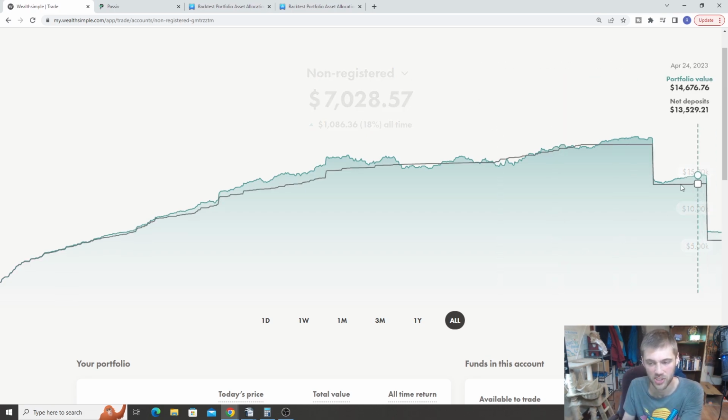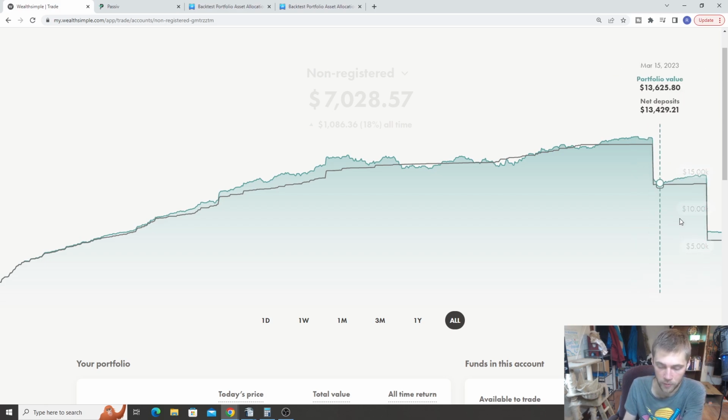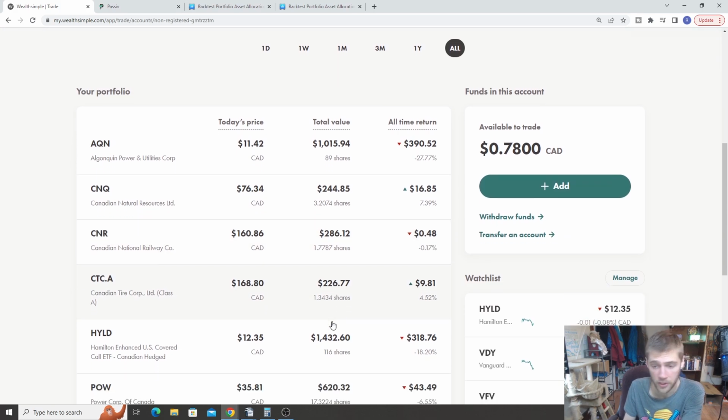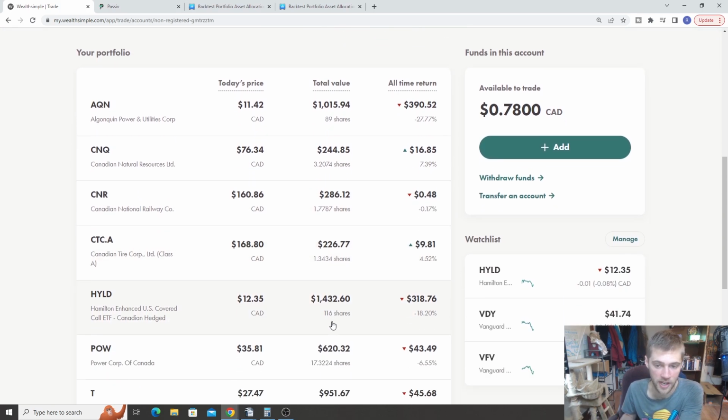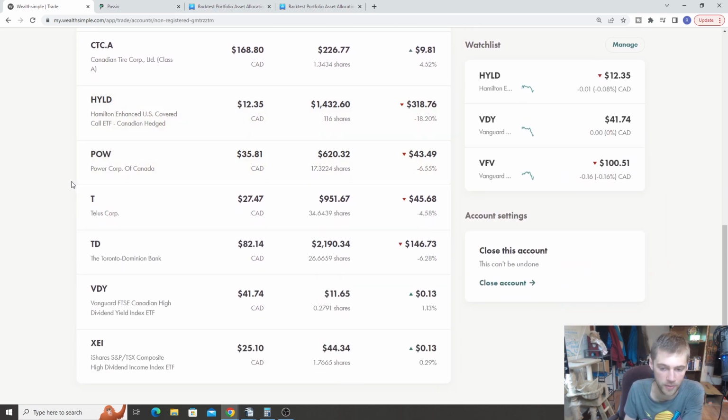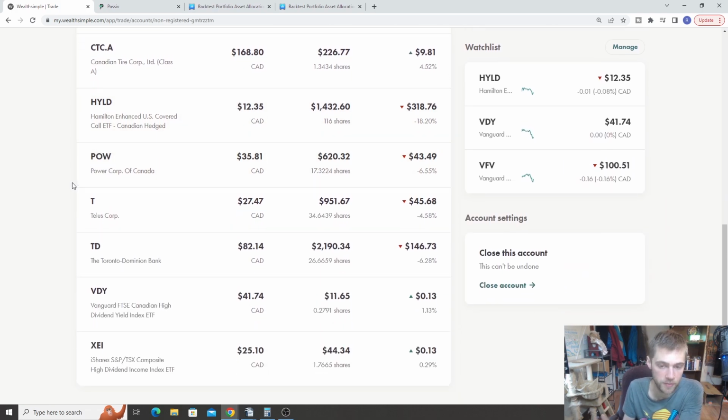We did sell a bunch of stocks, as we see these big drops here kind of happen. This is where I move some of the funds inside my fiance's TFSA, and that's the focus right now. And going into the future, I probably will move some of these inside there as well. I'm just kind of waiting to see what's going to happen with them. I'm not too sure. I'm still kind of deciding which ones I want to keep, which ones I want to get rid of. But for now, the main focus is basically future investments are going to go